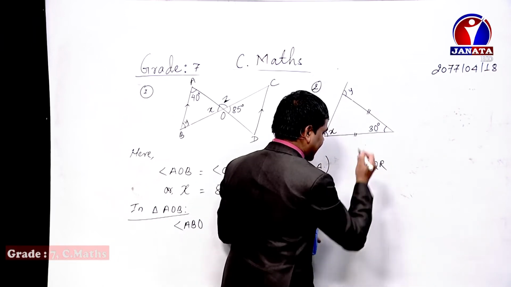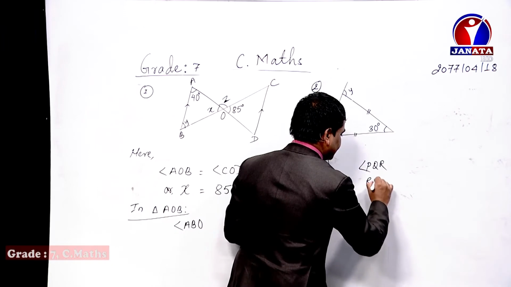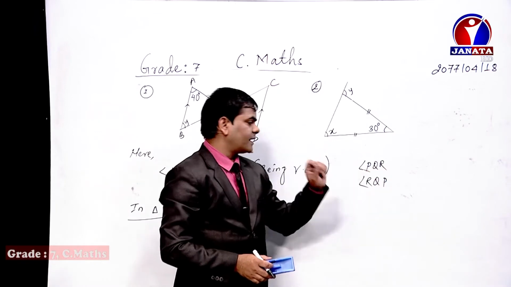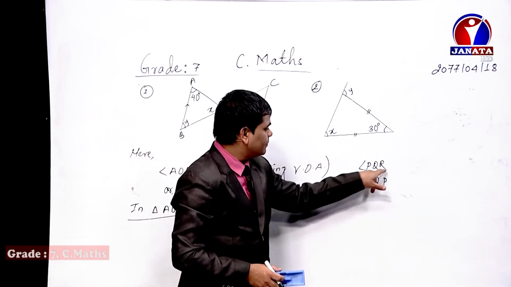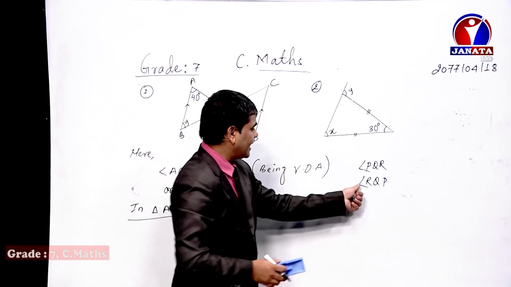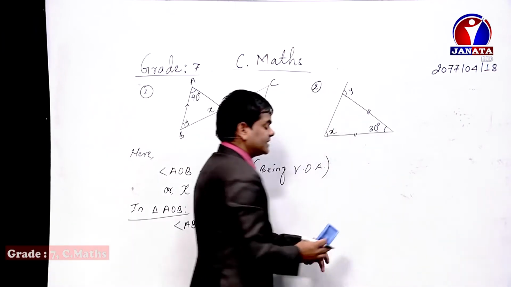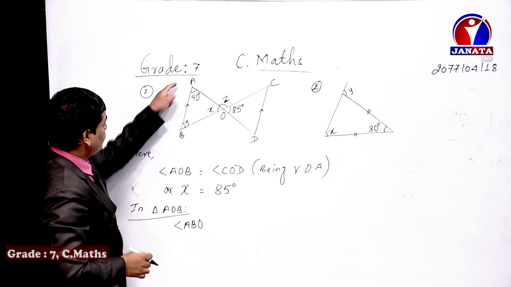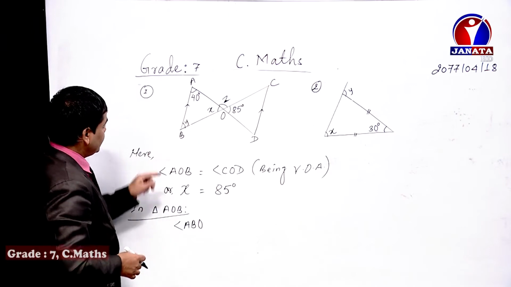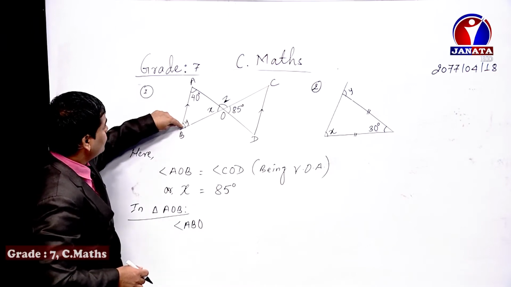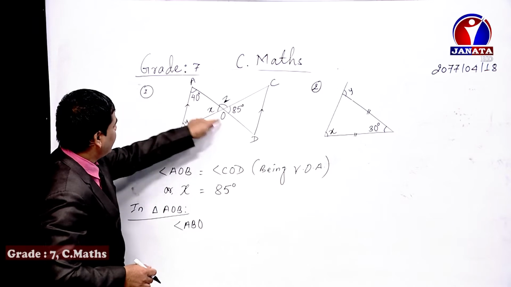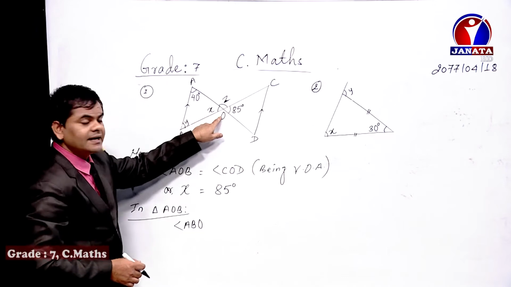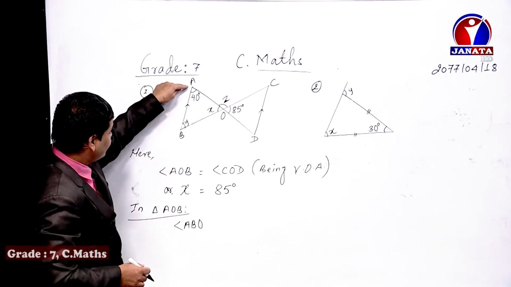One is that; another, from the other side, is RQP. But alphabetically, as P comes before R, we write PQR rather than RQP. But you can write this one as well to denote the angle in 3-letter form. Same like that in triangle AOB, if we are going to represent this angle, then we need to write either angle ABO or angle OBA. As A comes first in comparison to O alphabetically, I have written angle ABO here.